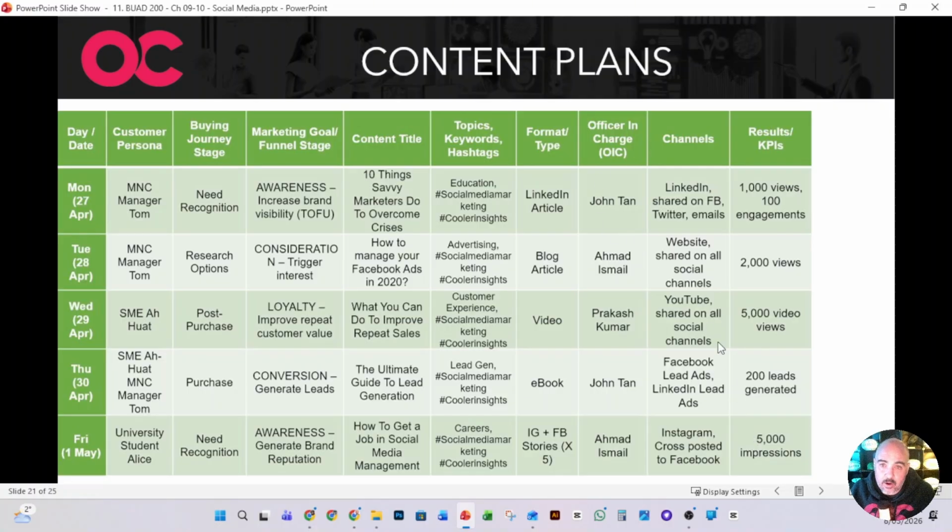We've got where we're going to post it, what channels. We've got the person who's going to do it, so it's been allocated to somebody. The format of it, so we've got ebook or article or video, for example. We've got our hashtags and keywords, which again should match up to our overall keywords. If we're going for that omni-channel approach, we want to make sure we're syncing up our keywords everywhere. We've got our title, we've got our funnel stage, so where people are at in the customer journey, and then the persona that it's targeted at.